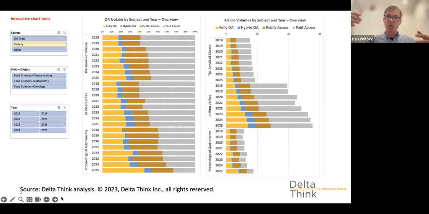And we've even done things when we intersect things. So I think there was one project where a society came to us and said, well, how are societies doing within transformative agreements in our particular discipline? So we can intersect a number of these different ways of dicing and slicing things, and again, get to just that sort of sweet spot that's relevant to the person who's asking the question.